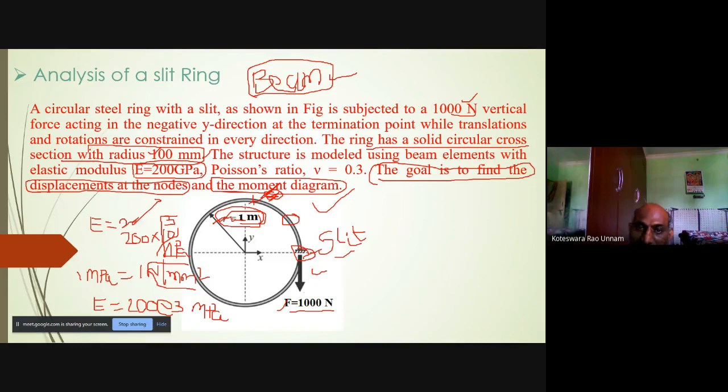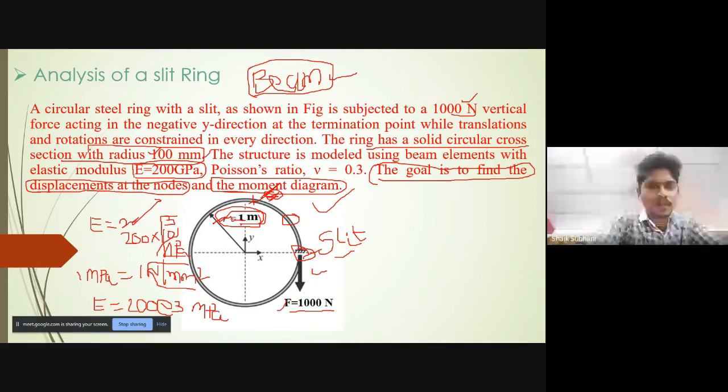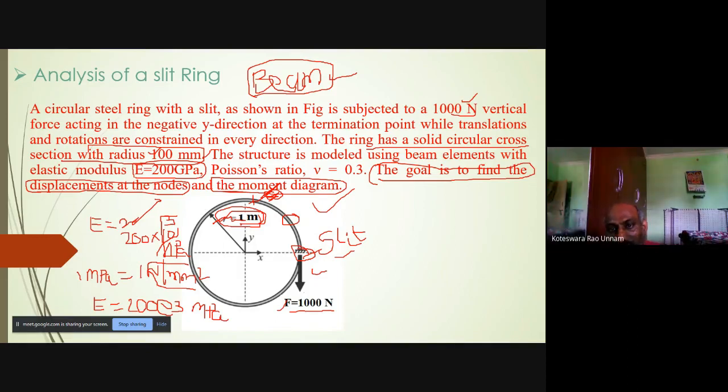To create 40 elements, I need to create 41 nodes and then create 40 elements, which is going to be a very tedious and time-consuming process. Therefore, instead of doing that, first I'll create the geometry, then I'll convert the geometry into an FE model by using a meshing tool in the software itself.